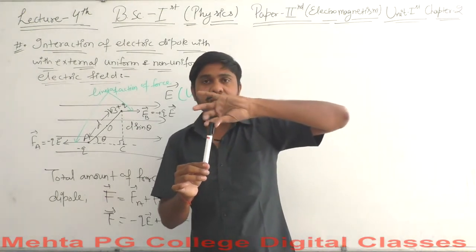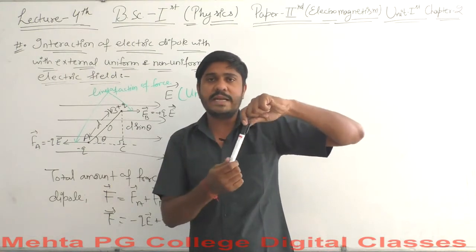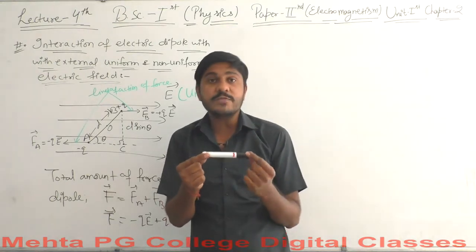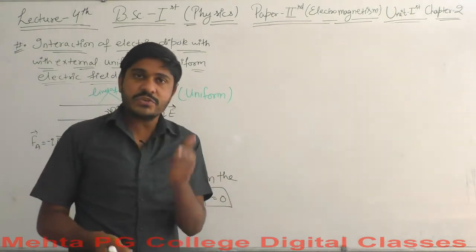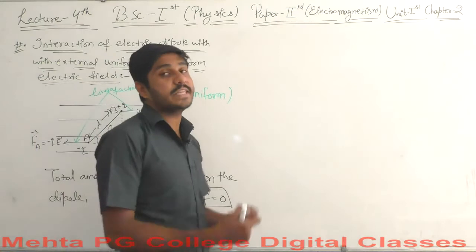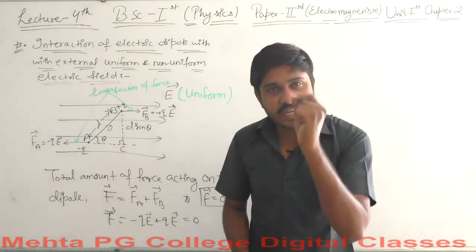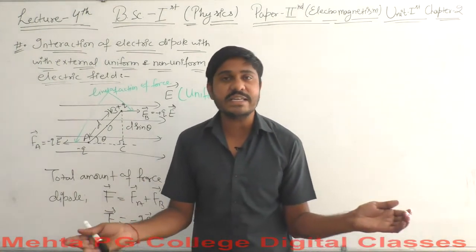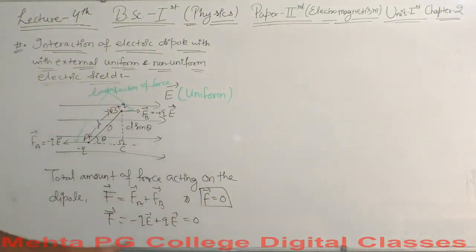So what if I am pulling this end from this side and pulling this lower end to this side? What will happen? It will rotate. So some work is being done here, and work is done only if there exists some force. So what kind of force exists here? The rotational force exists here, not the Coulomb force, not the linear force, only the rotational force. So what should be the value of the rotational force here?